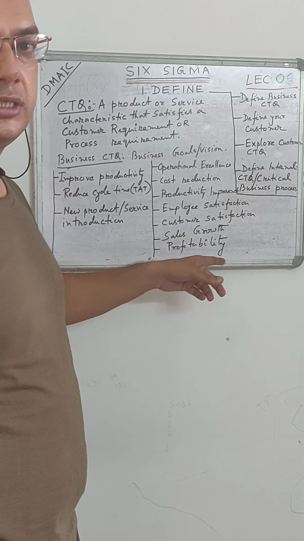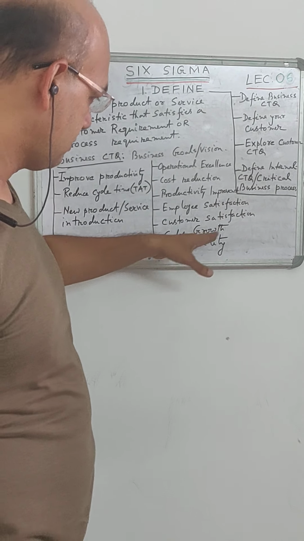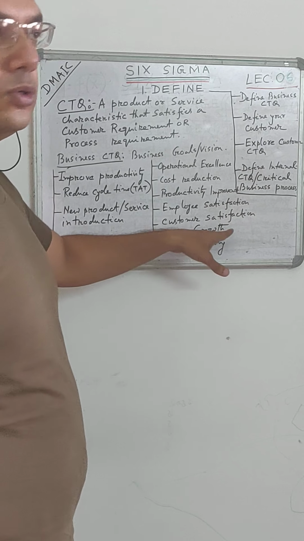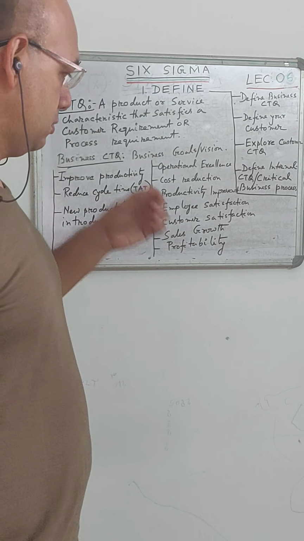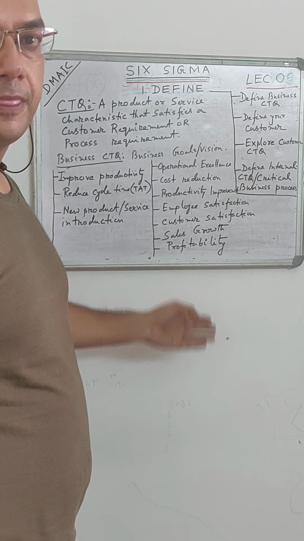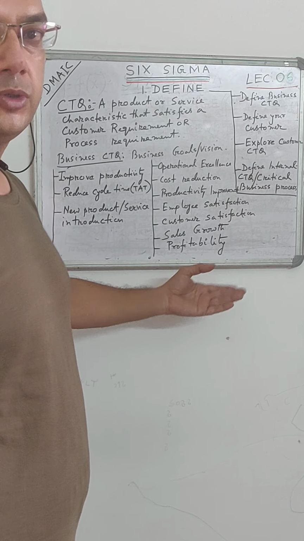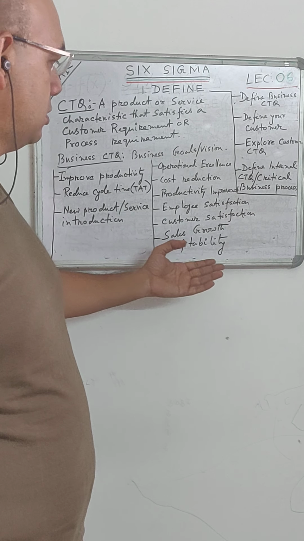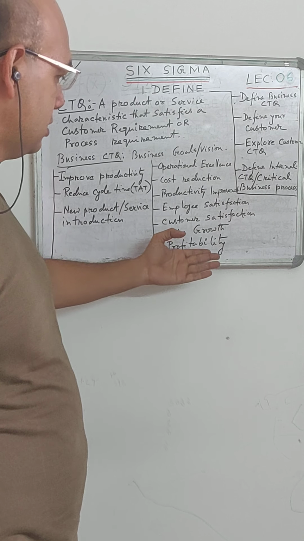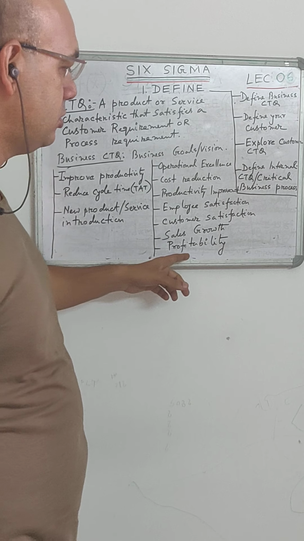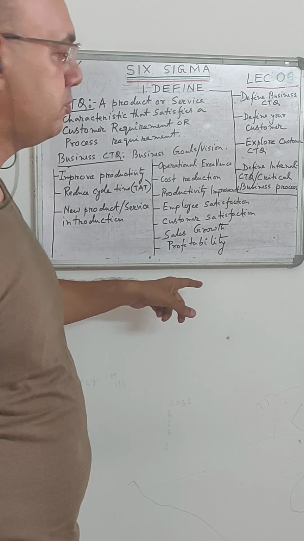Then sales growth. This is the business. Ultimately, it will affect the profitability and other things. Sales growth. All companies strive for sales growth, periodic growth. Okay. Then ultimately profitability. What is my profitability? Whether profitability is down for volume growth or some high cost aspects, or some plant efficiency improvement, or availability of plant, anything can be. So we need to drill down all issues related to profitability, how to improve profitability.